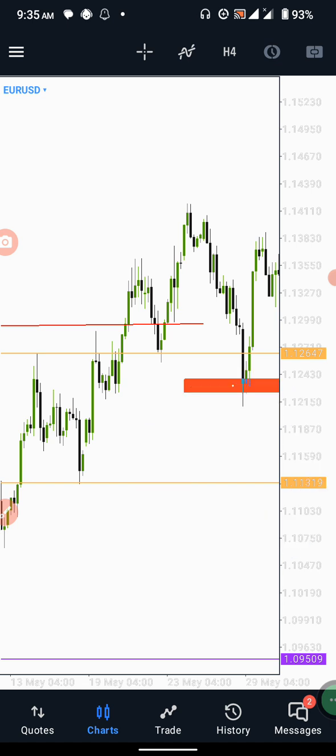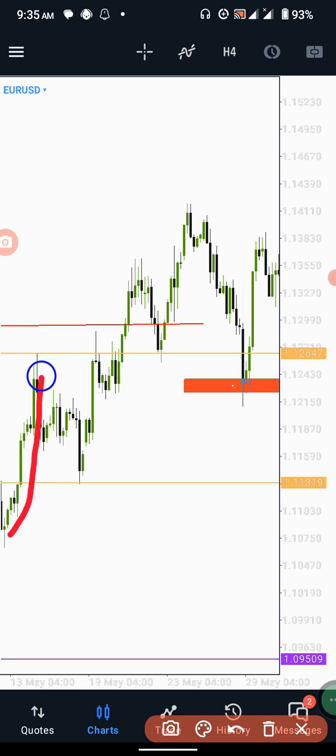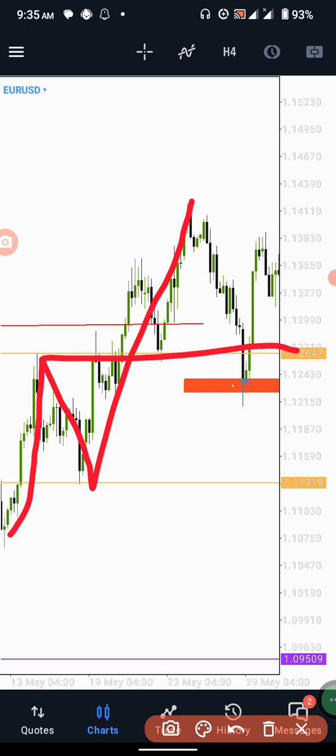You have come into that market, and you wanted to see a shift. Because this was the inside formation, we wanted the market to come back into this area to see if we can have that shift on H4 or H1. And we see that the market has entered that area,